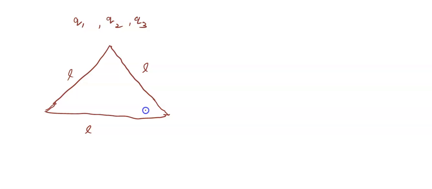Now it is asked what is the force on charge Q, capital Q, which is kept at the centroid of the triangle. Okay, so there is a charge capital Q and it is kept at the centroid. Now what is this centroid? What is the centroid of an equilateral triangle? Centroid is the meeting point of the three medians of an equilateral triangle. Now what do you mean by median?